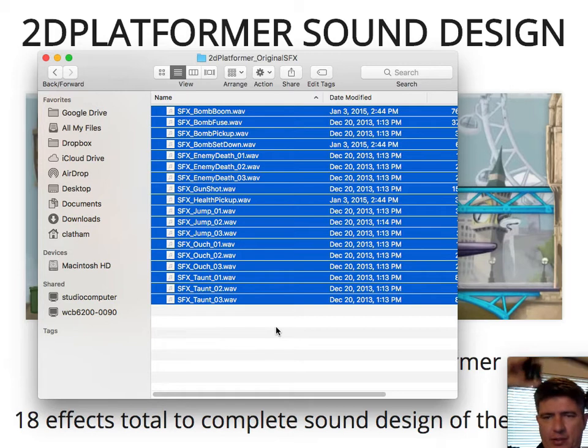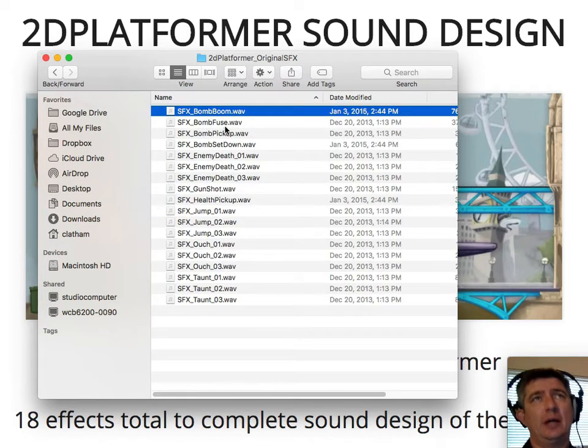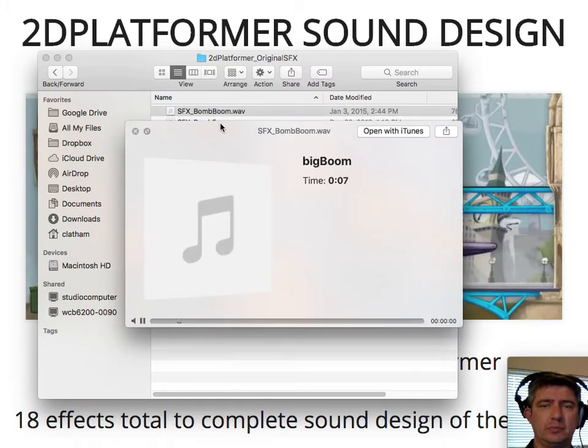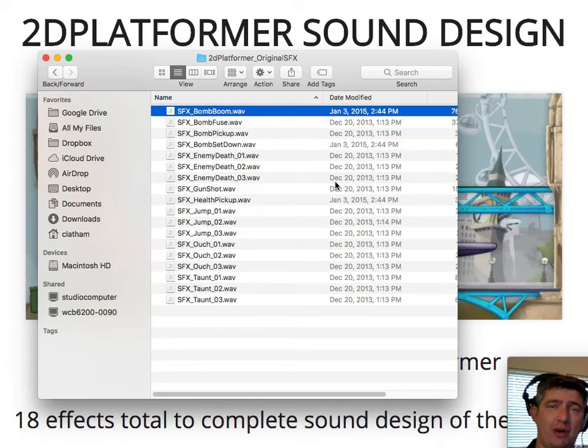I don't have very good audio control or volume control over how loud these play, so this first one will probably be quite loud. This is the bomb explosion. Wasn't too bad. I think that is a ridiculously long explosion. That is when, in the game, you can pick up and drop bombs. That's when the bomb explodes. It's a very long explosion. Yours doesn't have to be 7 seconds long, but you can use it as a reference overall.